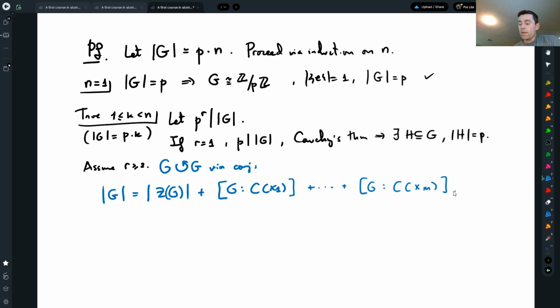If you take their orbits, then the stabilizers are also called the centralizers, and those indices appear in the formula